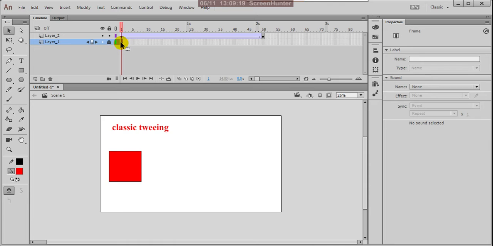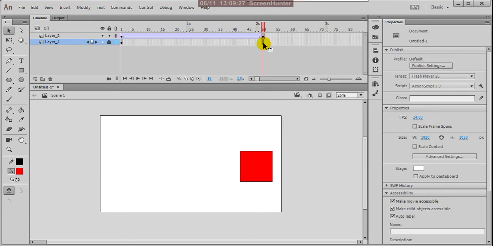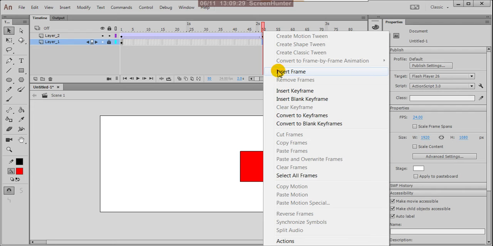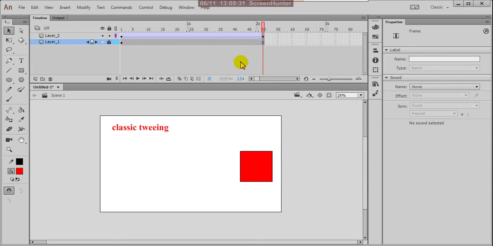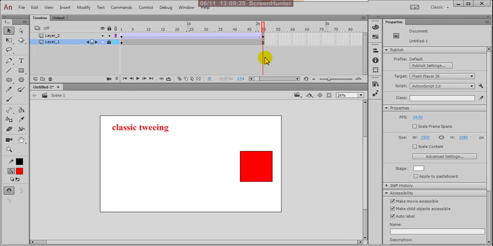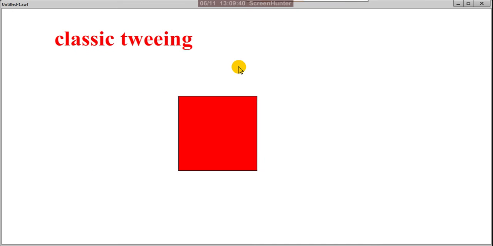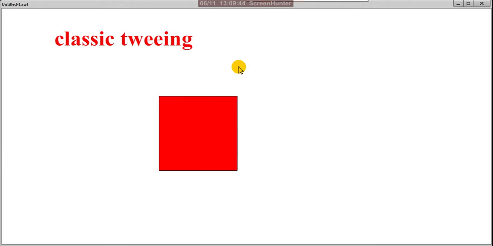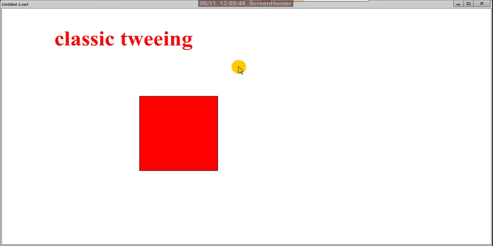So this frame also can be held for the same 50 frames. What you do is right click and insert frame, that's enough. No keyframe, because the same frame you can extend up to 50 frames. Now press Ctrl Enter. Now see, your classic tween text is there up to your 50 frames of animation. See, nicely your box is moving.